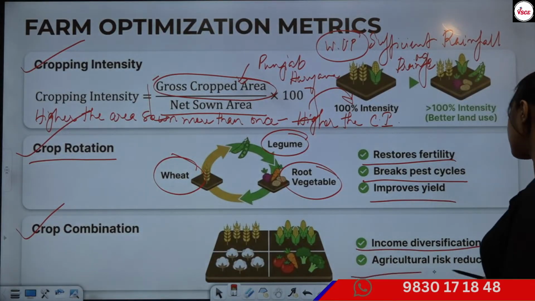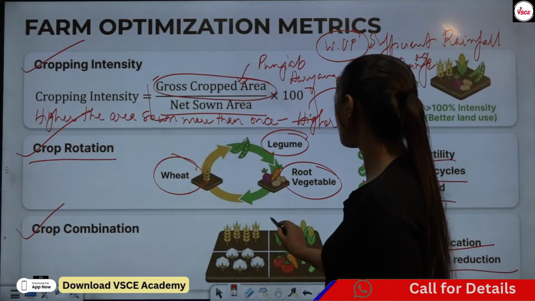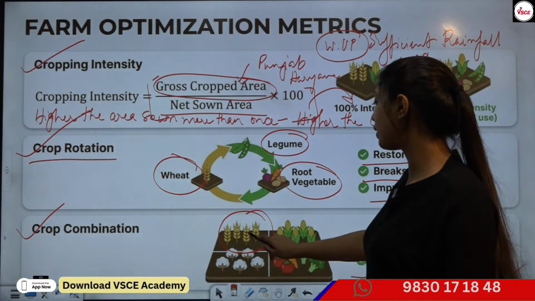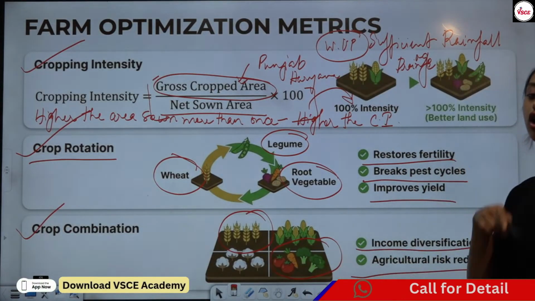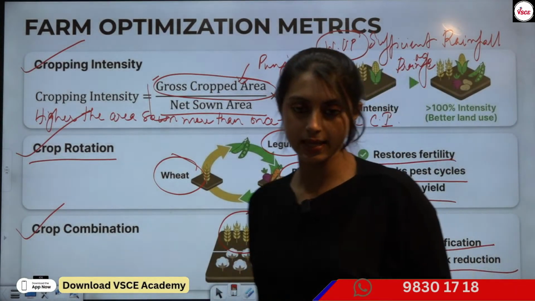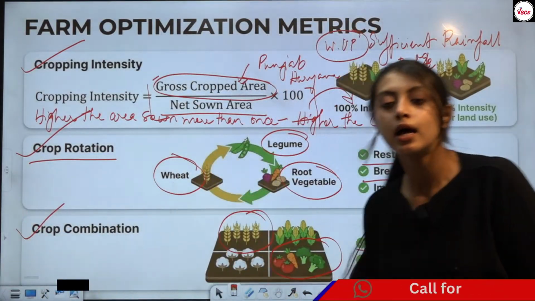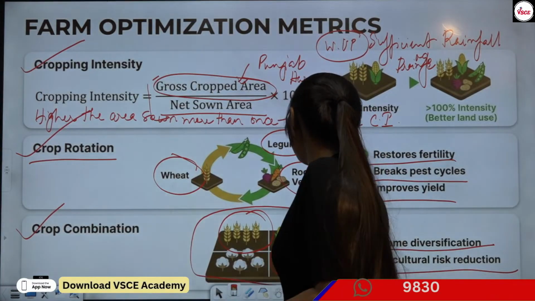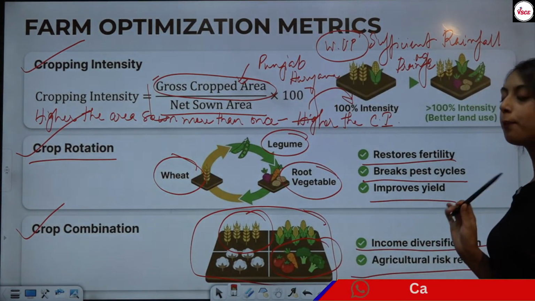It also has agricultural risk reduction, right? So we are actually growing a lot of crops together. This part of the land we are growing this, this part of the land we are growing something else, and it's like that. So growing a lot of crops together actually reduces the agricultural risk. If one crop fails, the other is going to be there and we can sell that. We have to pay taxes, so we have to have some yield. Otherwise, we are going to die out of hunger. So we will adopt crop combination.